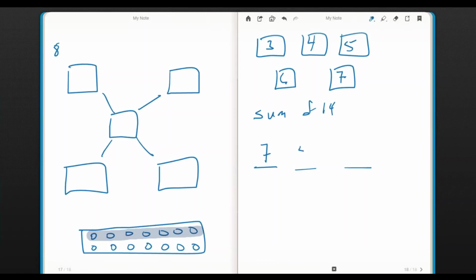The next thing I would try, the next number down is a 5. That's 12. We can see that I need a 2, but again, I don't have a 2 in my particular number of cards. It would work if I had one. So 6 didn't work, 5 didn't work. If I use a 4,